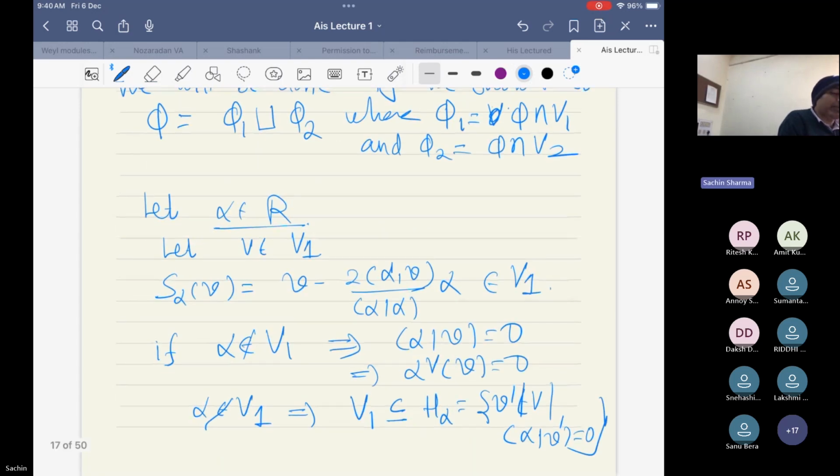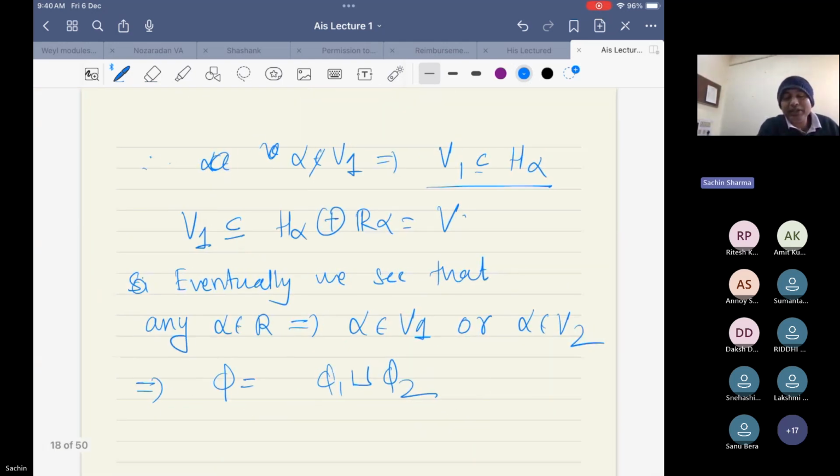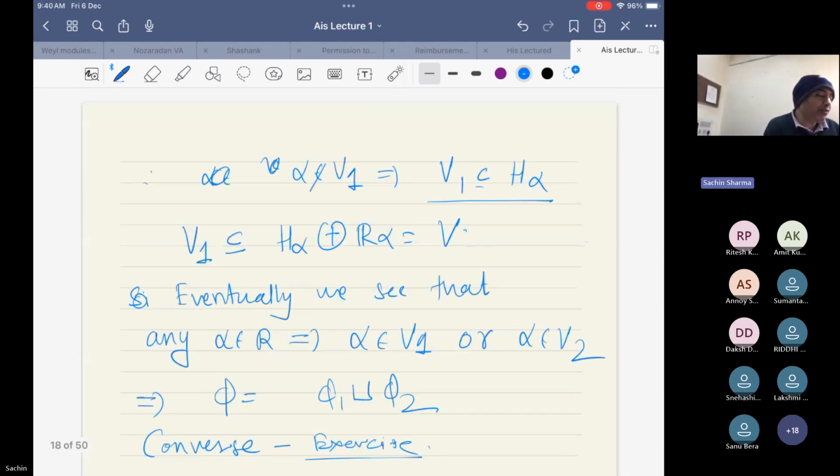Okay, and they are root systems because S alpha keeps W invariant, and W keeps phi1 invariant and phi2 invariant. And so the converse, I leave it to you as an exercise, and it follows similarly. So try to do it. Yeah, here we have used